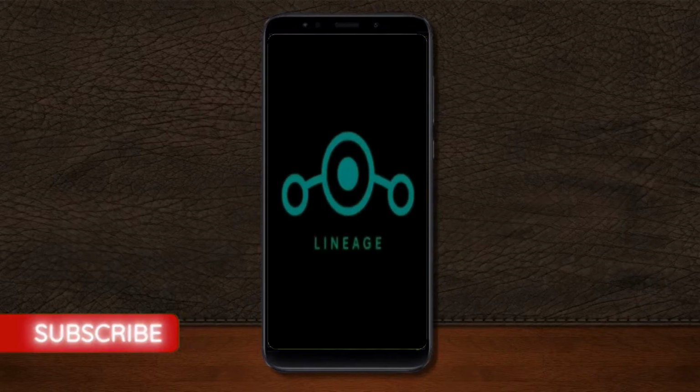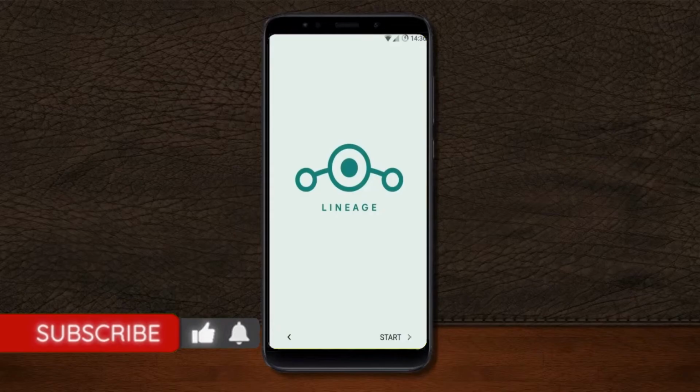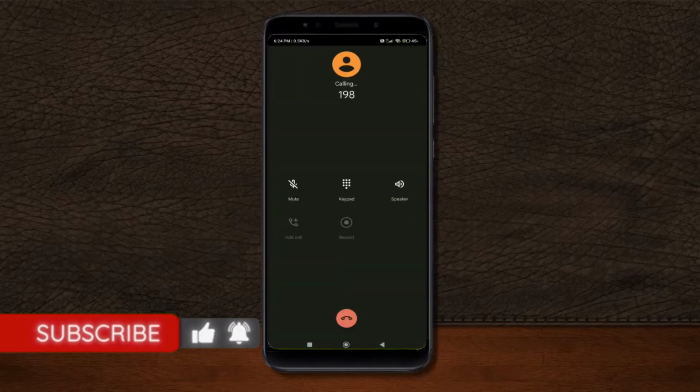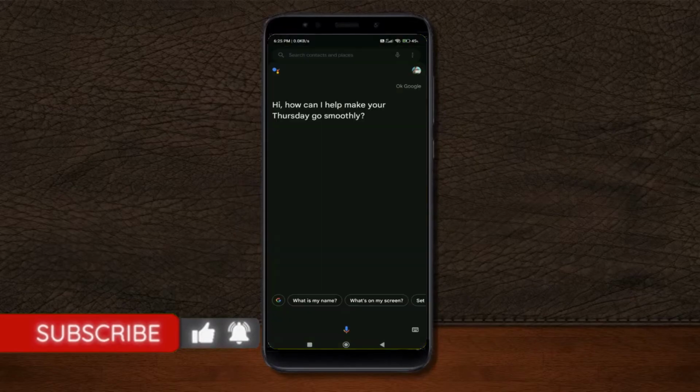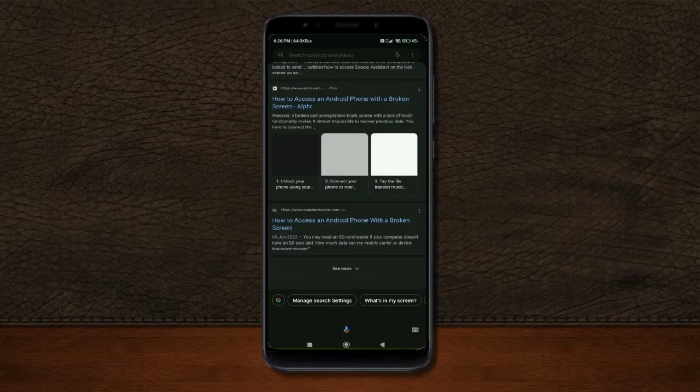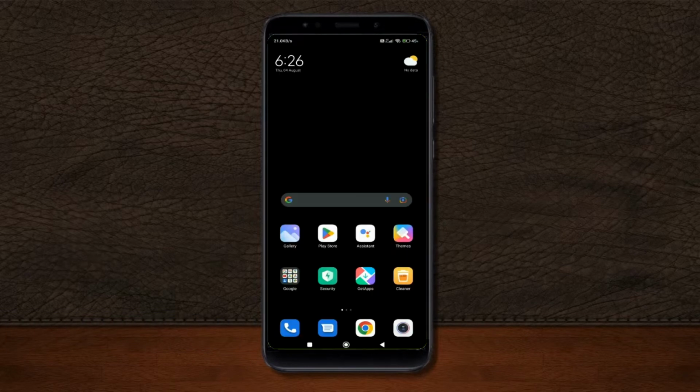And let me show you the cool features that are given. Android 11. Continue in English. Press 2. Okay Google. So